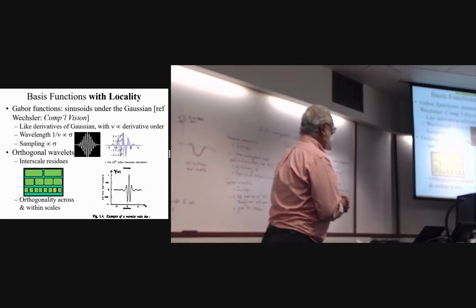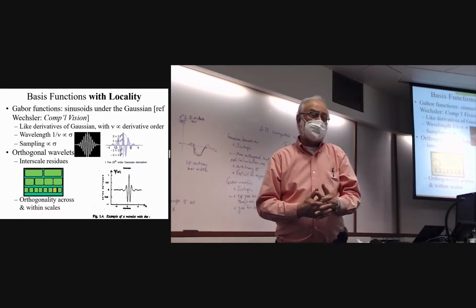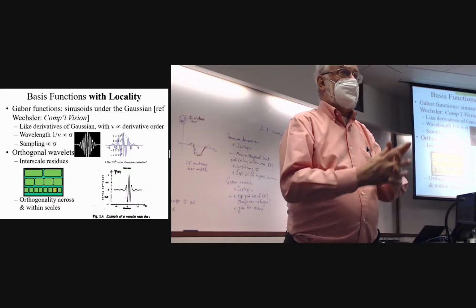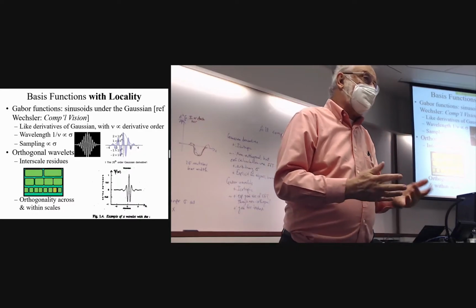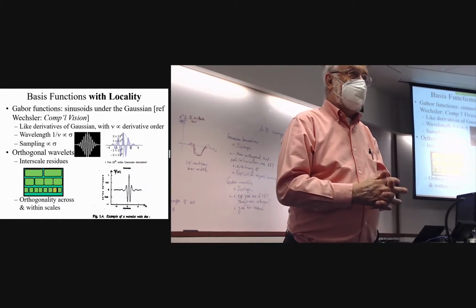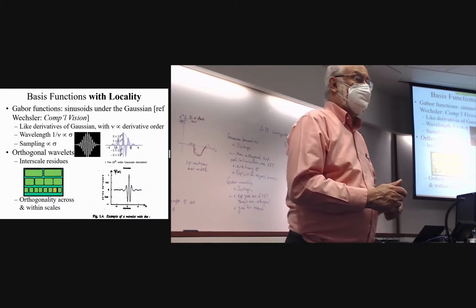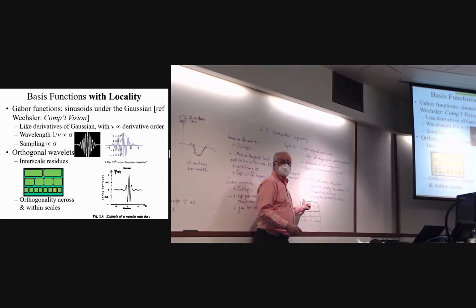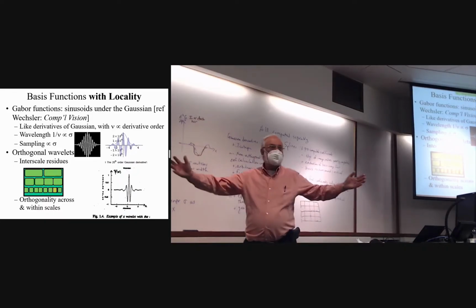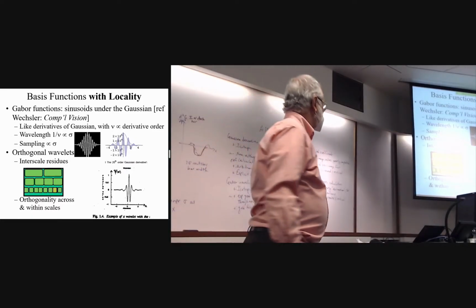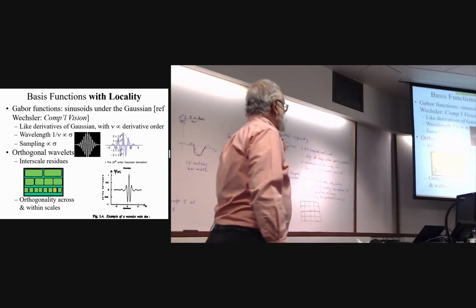But the big deal is that all of these guys are orthogonal, and as a result, you can use dot products to compute coefficients, which is fast. Not as fast as an FFT, but nevertheless fast, especially since the dot products for the smaller scales are only over small squares. They're not over the whole image, right? Okay, so